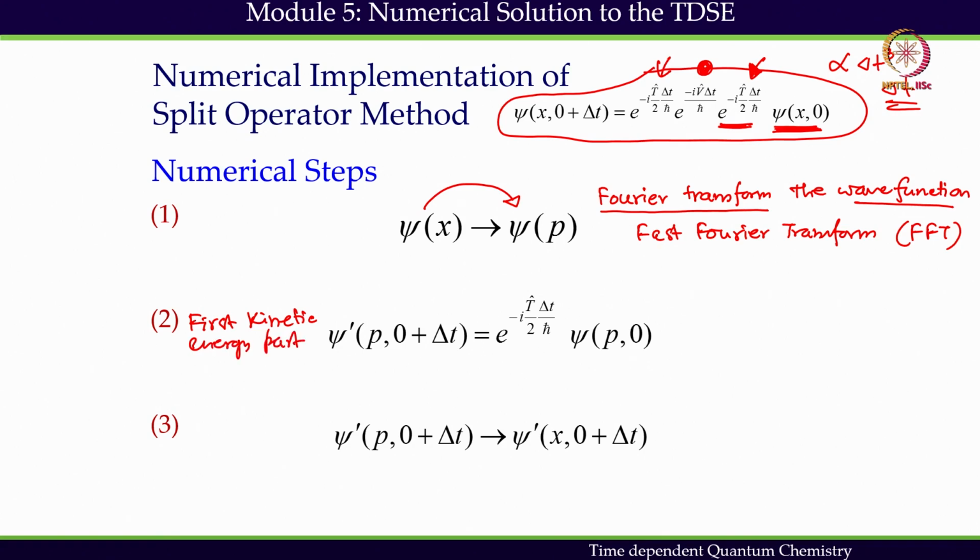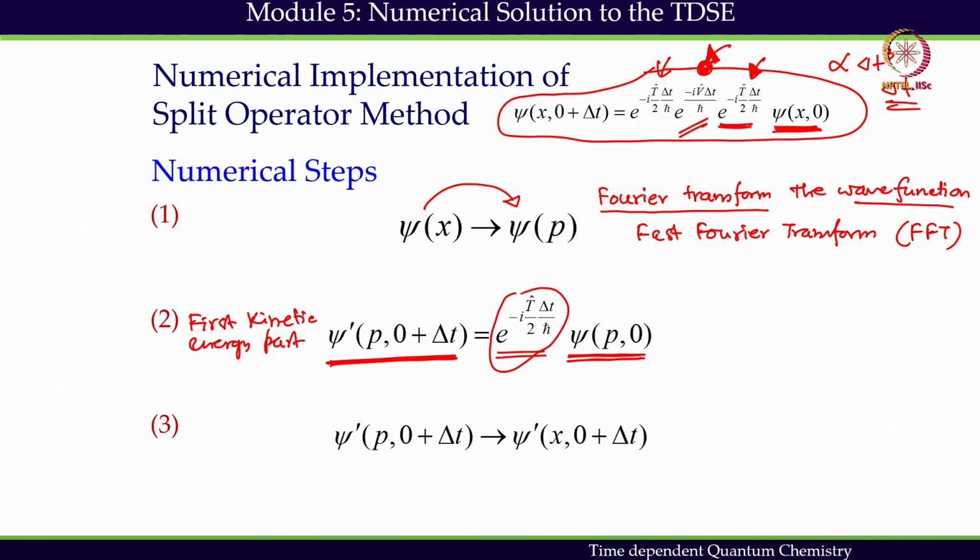First kinetic part of the propagator that will be employed here, as you can see. But remember, here we are using this in the momentum space, and we are propagating the wave function. That is easy to do because this part is in diagonal form now. Once we have got this propagation due to the first part of the wave function, remember the next operator is going to be this part, which is the potential, and now the potential has to be done. Potential operator, this has to act in the